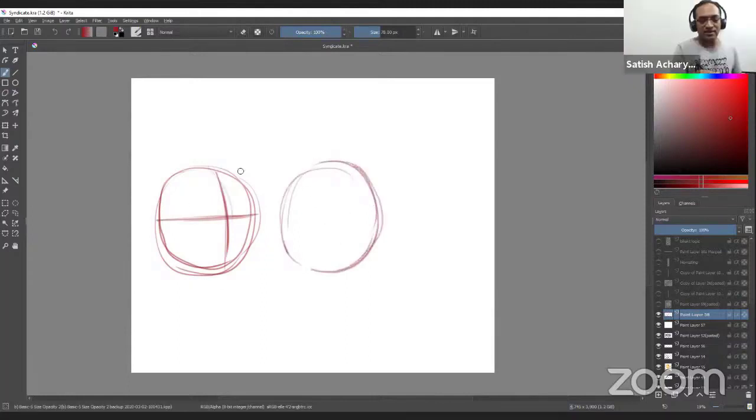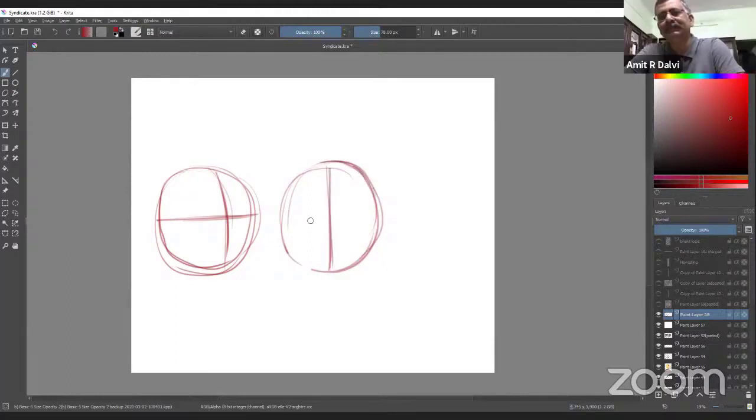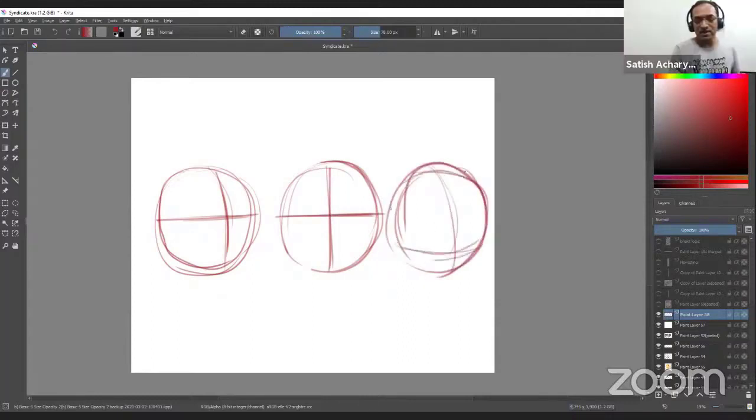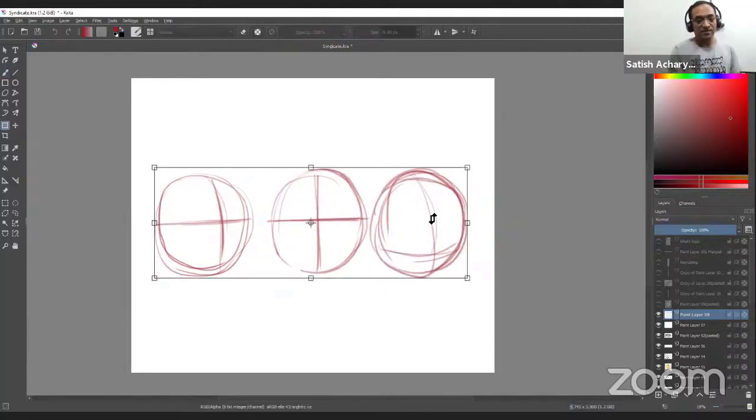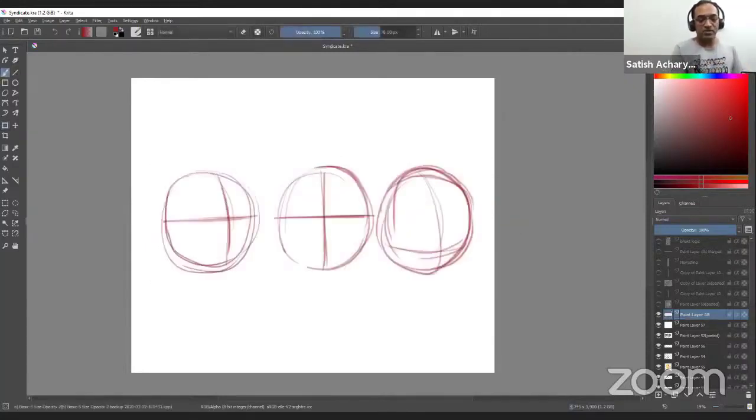So this is the side angle. This is the front. This can be the top, slightly top. So we know that the nose is here.